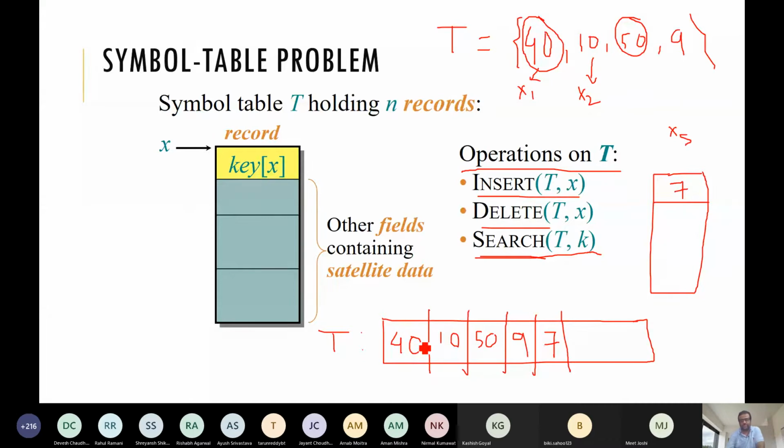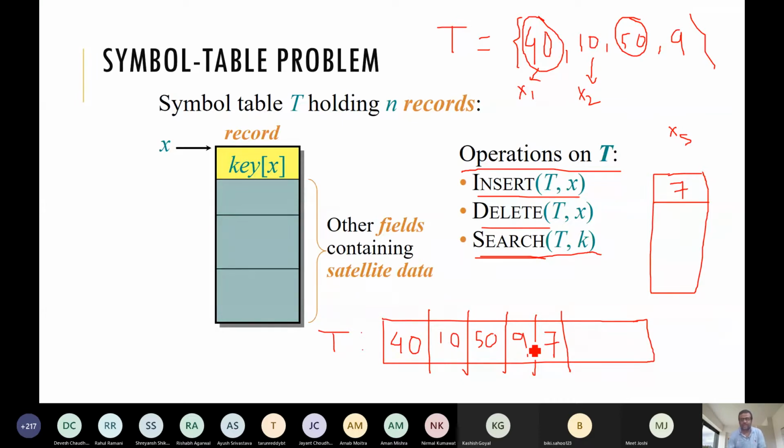If there are n elements in this set, then you have to search it linearly, just a for loop of size n. So that's linear time. Insert and delete also, because for insert we need to go to the end of the record, unless you store the index, and for delete you need to be given the index where it is sitting.